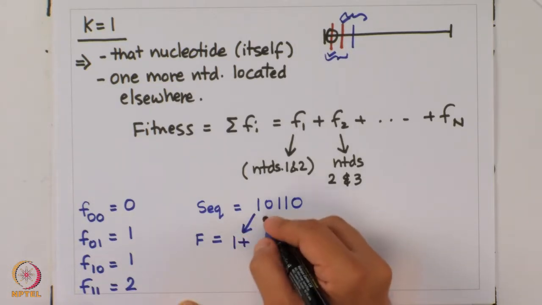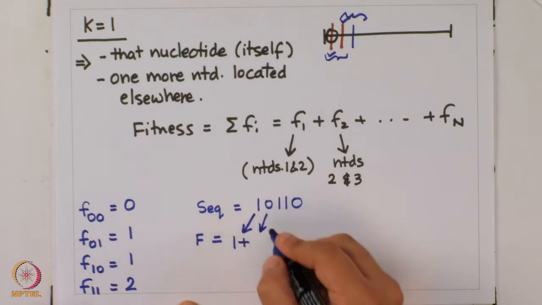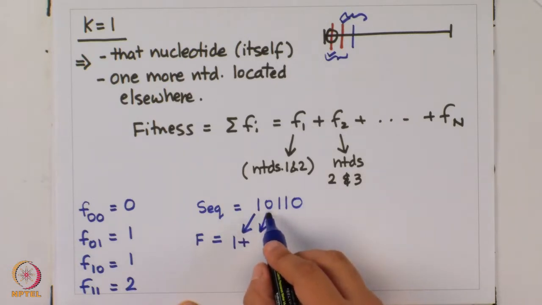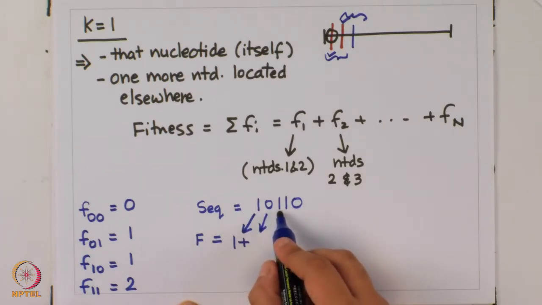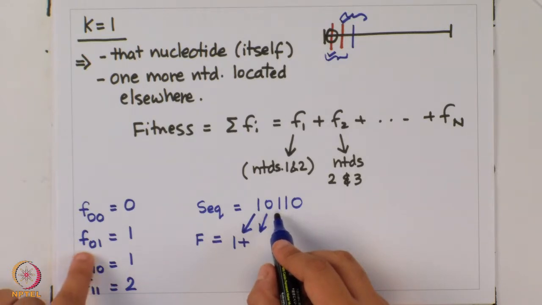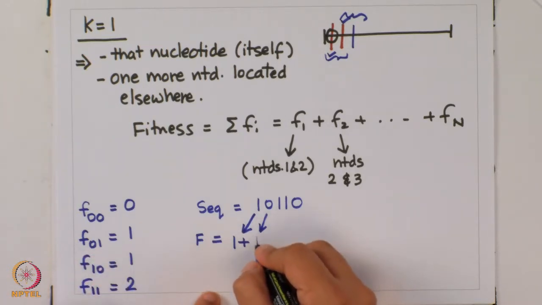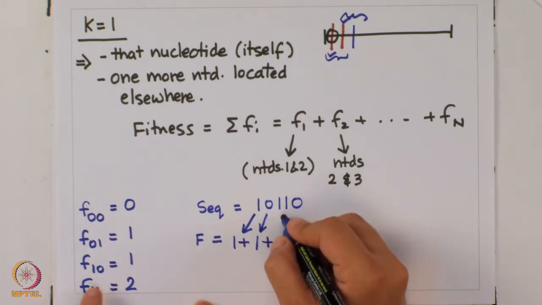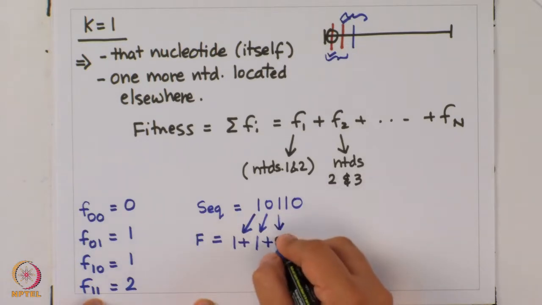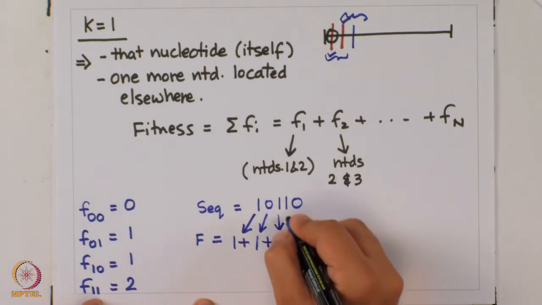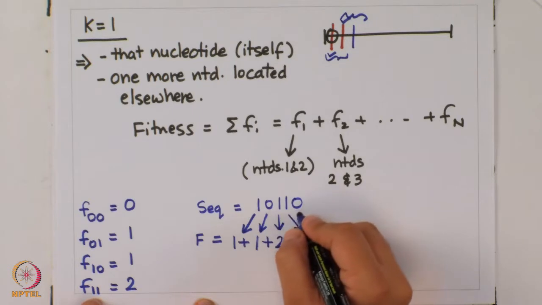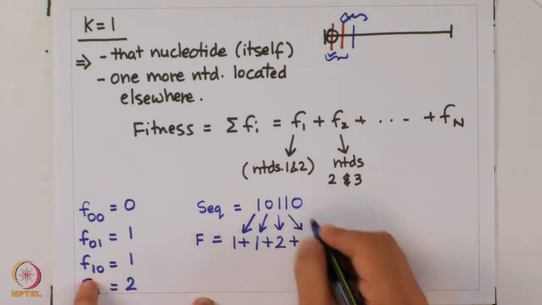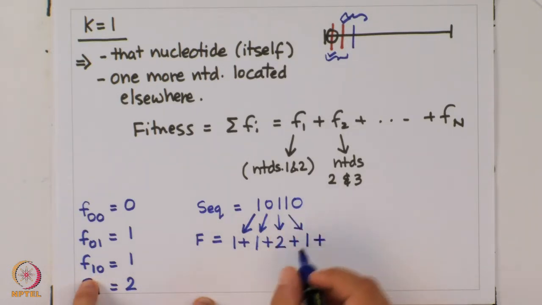When I look at the contribution from the second nucleotide, that is a 0, that is decided by this 0 and the neighboring nucleotide, which is 1, and the contribution of a 0 1 is 1. Similarly, the contribution for this third nucleotide will be decided by this 1 1, which is 2. For the fourth one, it will be decided by the sequence 1 0, which is 1, and for the last one,